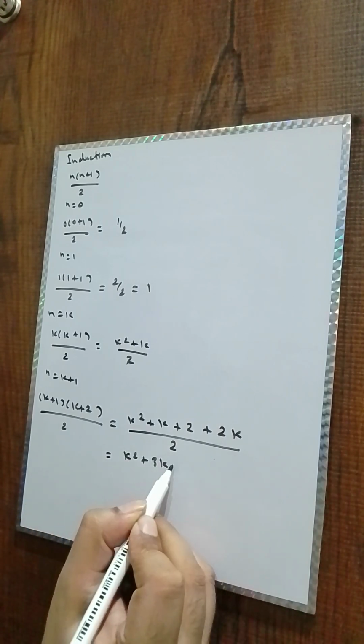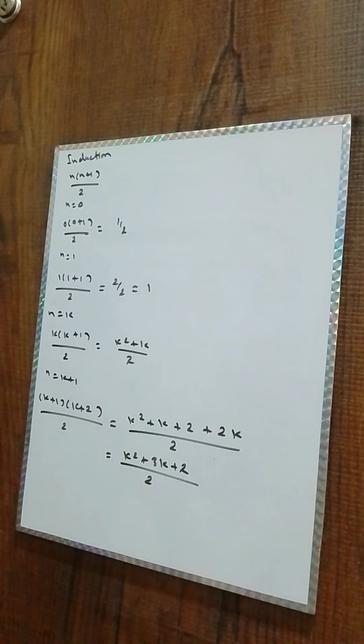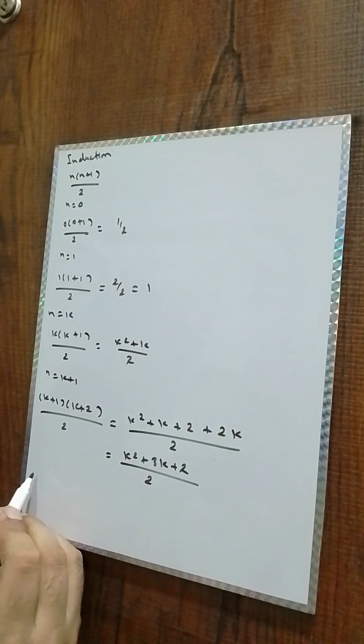K square plus 3k plus 2 divided by 2. Yes. So now we can safely say that